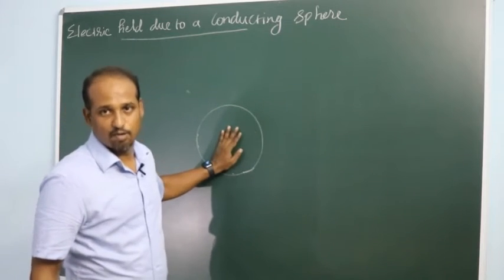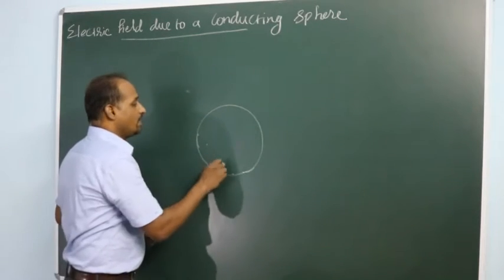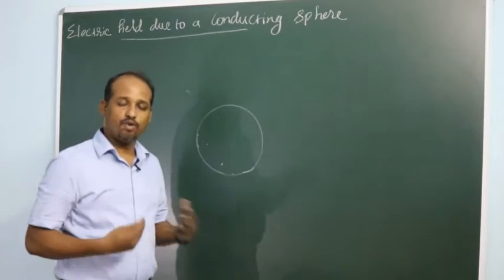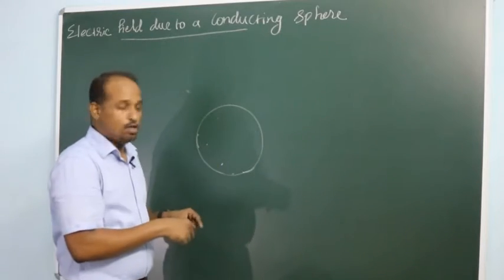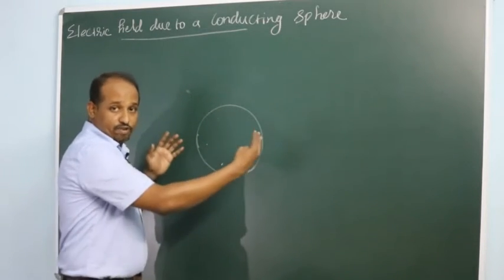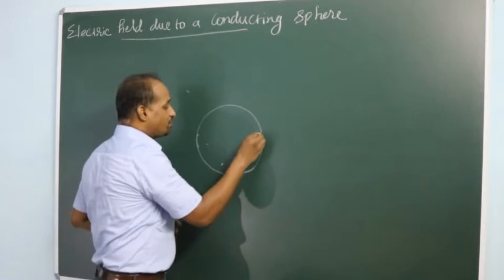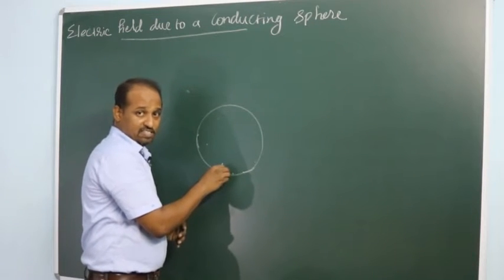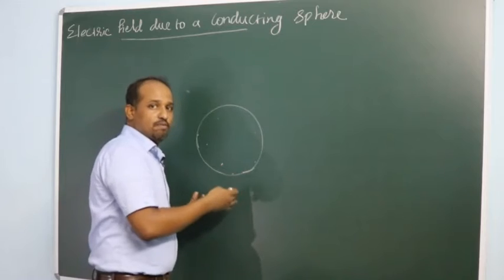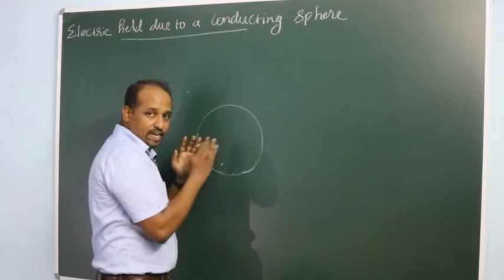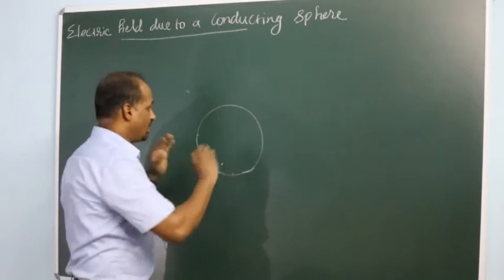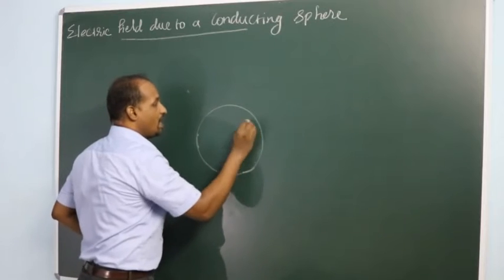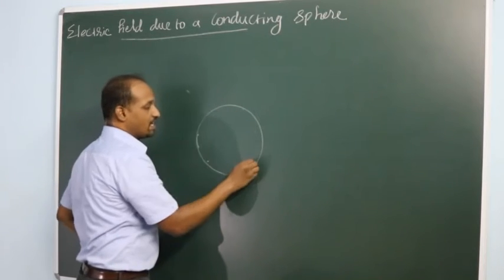Suppose when you charge this body, what happens? Some extra electrons you are giving it here. What happens? They repel each other. So because of that, they try to move away from each other. They all go to the extremes and be placed there. So the more charge you give, the more the electrons are getting repelled among themselves, and they try to be as far from each other as possible.